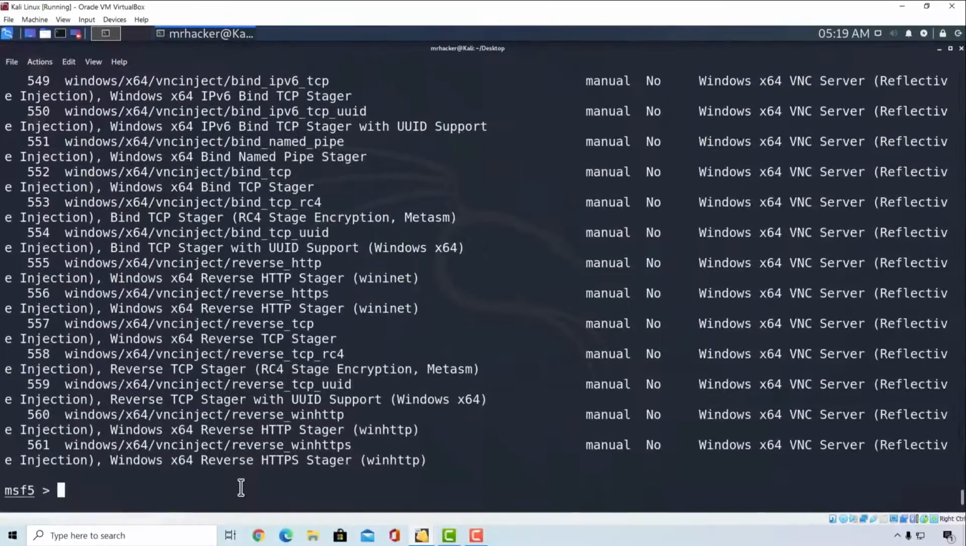For example, we can use the show command to list out any type of modules we want. So we know that there are over 500 payloads. We saw the number once we started Metasploit. In order to list all of those 500 payloads, we can type show payloads. If I press enter, it will take just a few seconds and it will list out all of the available